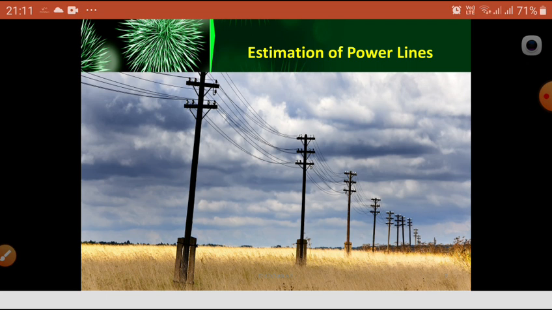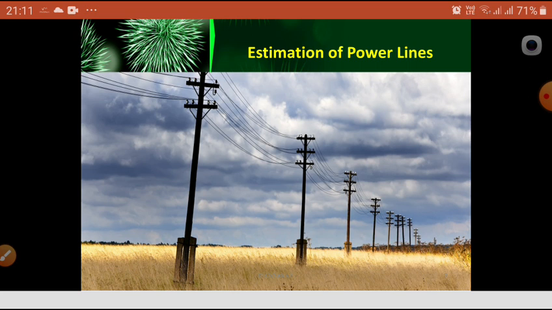What do you mean by the span? Span is the distance between 2 consecutive poles. That means the span may vary from place to place, area to area, voltage to voltage. For LT lines we use 8 meter poles only, and for 11 kV lines we use 9.1 meter poles. The height increases by 1 meter. Then what is happening?